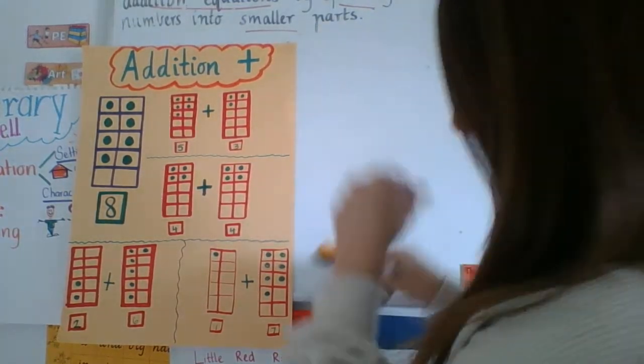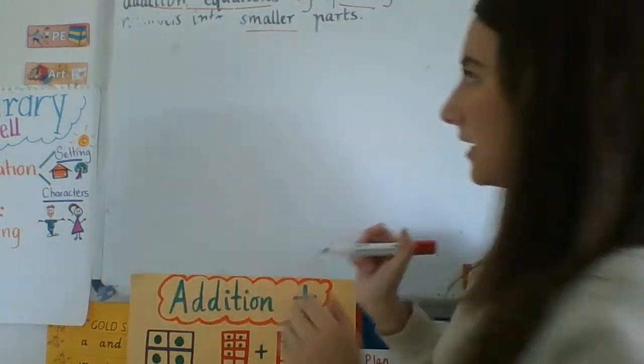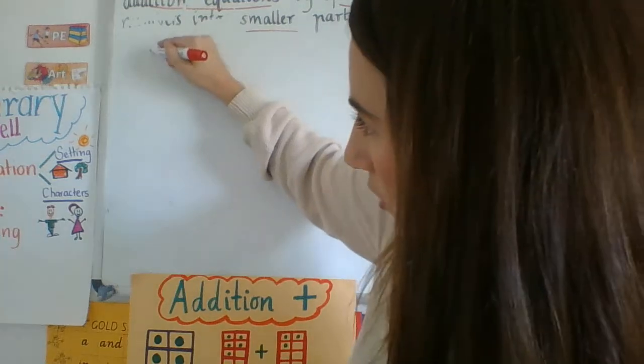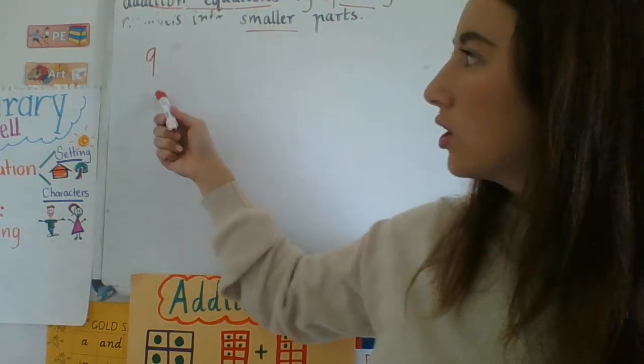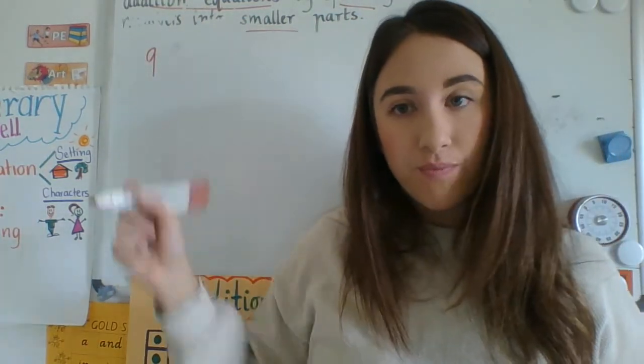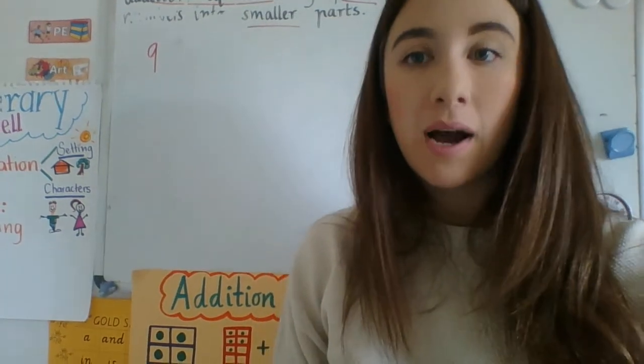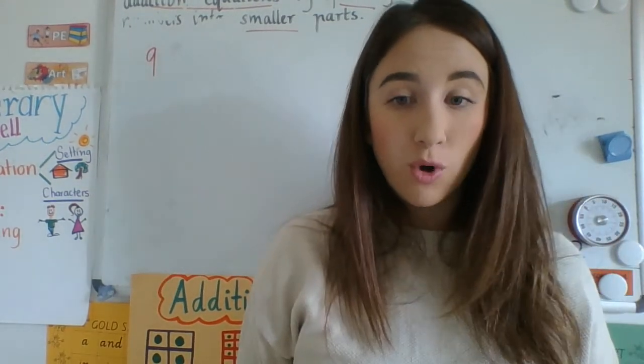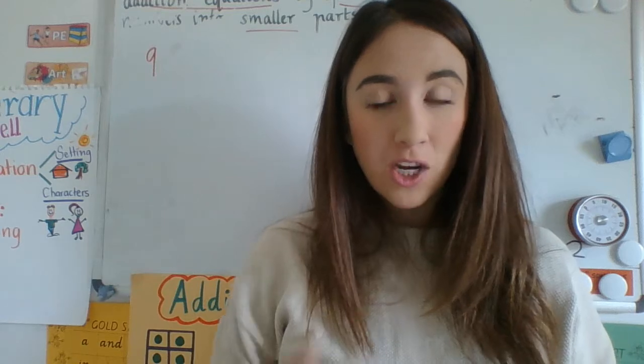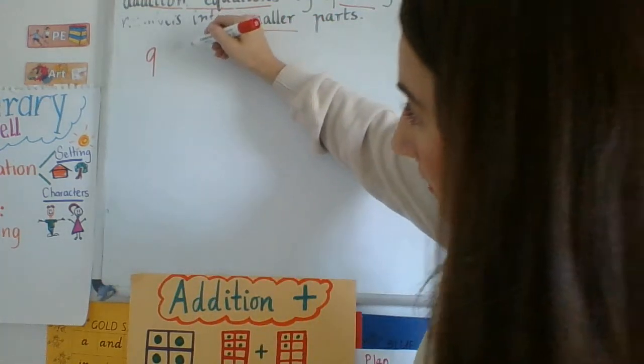if you see, take this off for a moment. If you see the number 9, you're going to write that neatly in your book. Then you're going to make that number in as many different ways as possible. Remember, each time you make it, you need 2 tens frames. For example,